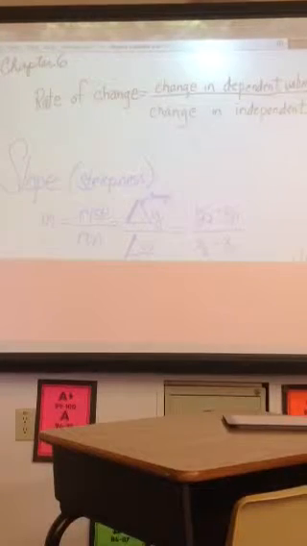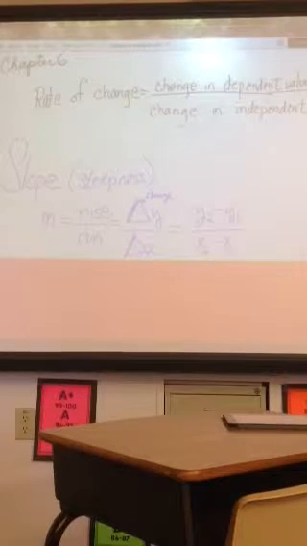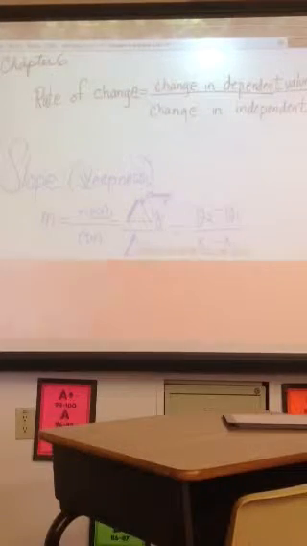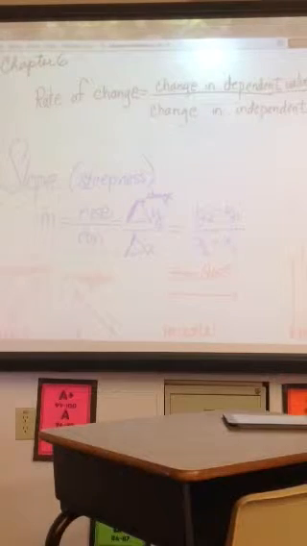Now, all of this still goes back to our rate of change here, because which variable is dependent, x or y? Y. So if you look at what we have right here, we have the change in y's over the change of x. Then the last thing we want to talk about on this page is that if you have a slope,